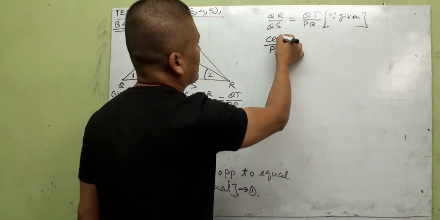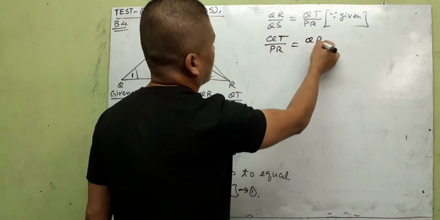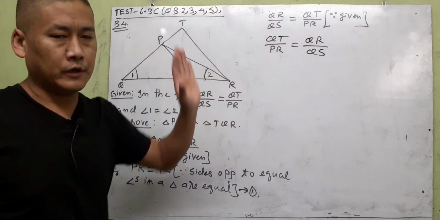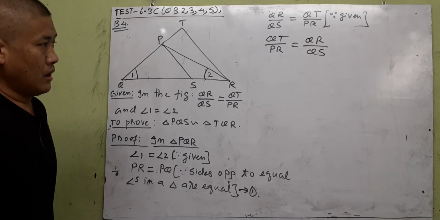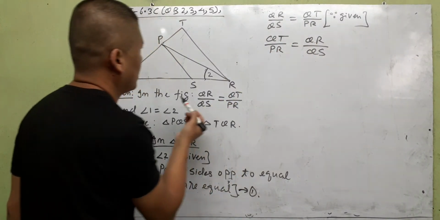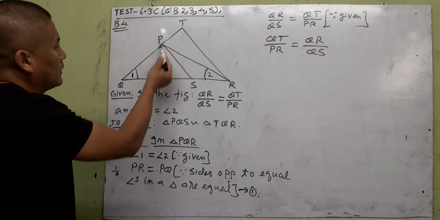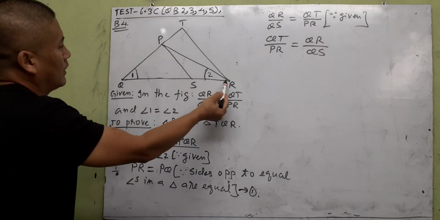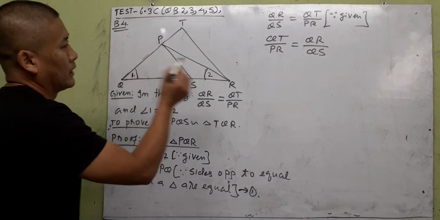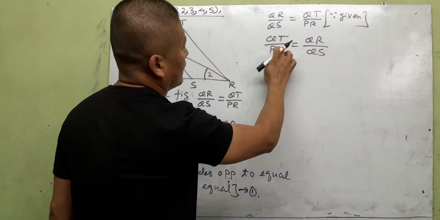You can write first also, and then this one QR by QS, same thing only. You can directly use the above one also. Okay, now find the angle between these two here, QT and QR. The angle between those two sides QT and QR is angle 1. And then between this,